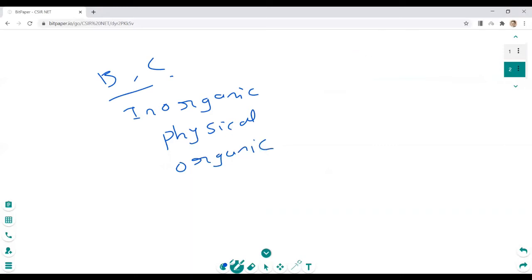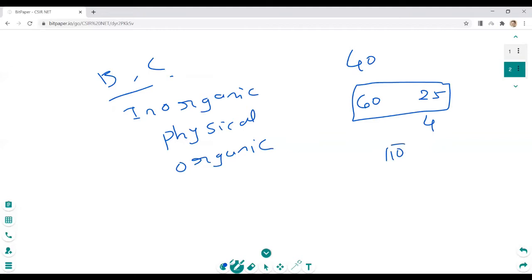See, there will be options, right? There will be 40 questions, you have to answer some, and there will be 60 questions, you have to answer 25. Your focus point should be this 60 and 25, because this carries 4 marks. Generally, the cutoff for general merit will be around 110, so you can keep 110 plus. Any score like 115 out of 200 is good. You can qualify with 115 and above. You may qualify below 115 also, but you should keep in mind to at least target this score.